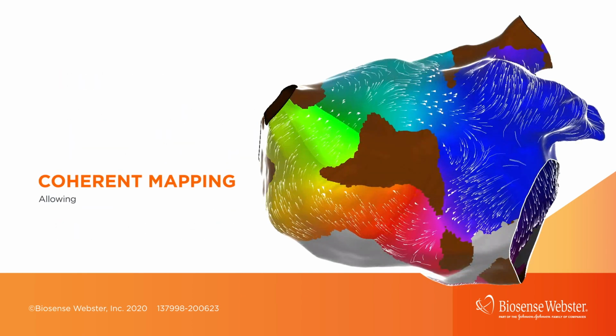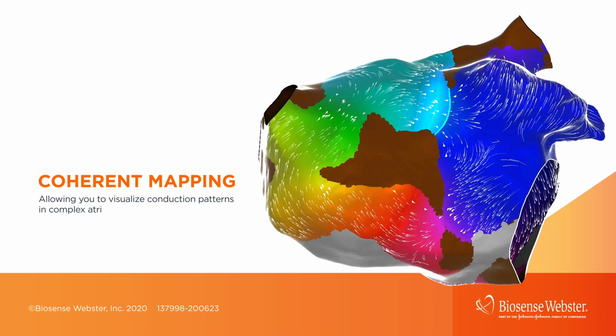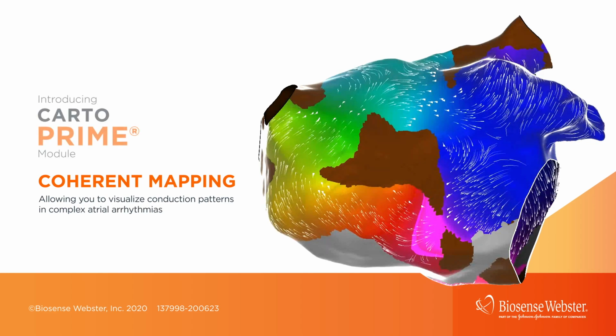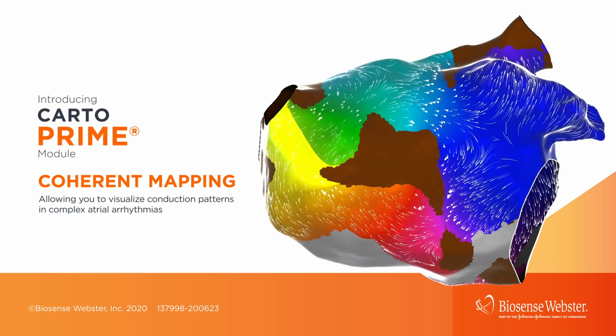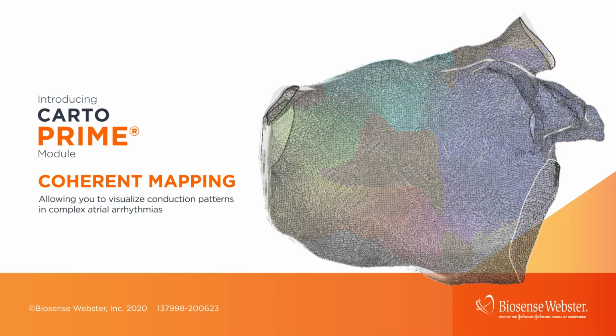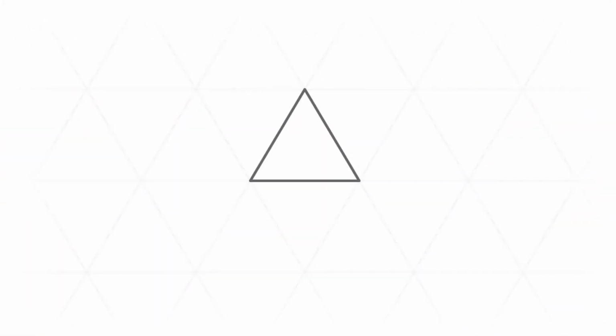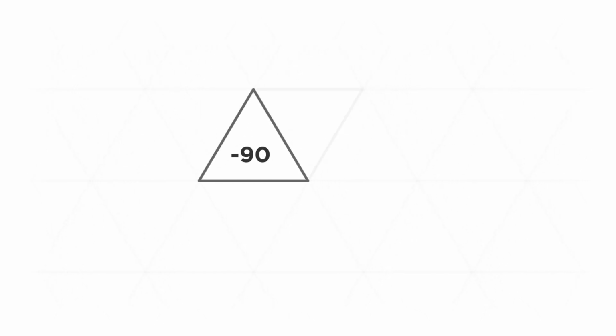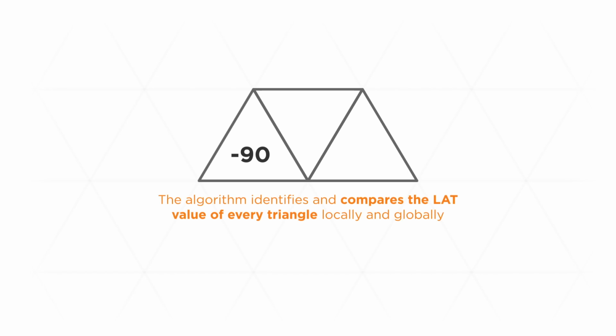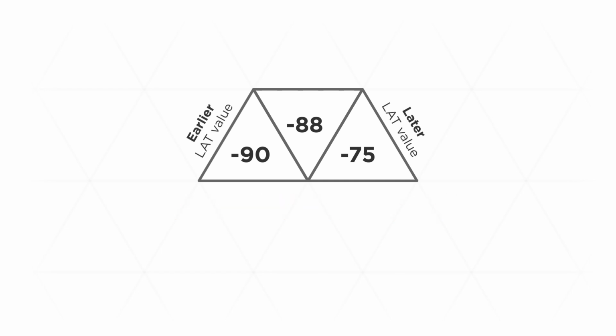Coherent mapping uses anatomical data and the LAT data of all collected points to create a global pattern of activation in the chamber of interest. To do this, Coherent separates the entire map surface into many equilateral triangles that are invisible to the user, all with 3 mm sides. The LAT value of each triangle is then calculated using the LAT values of its included